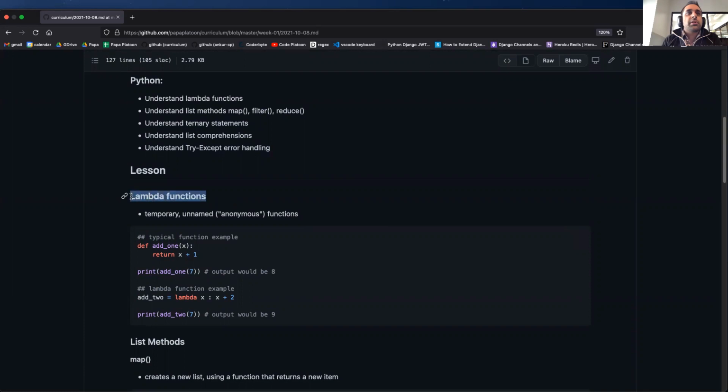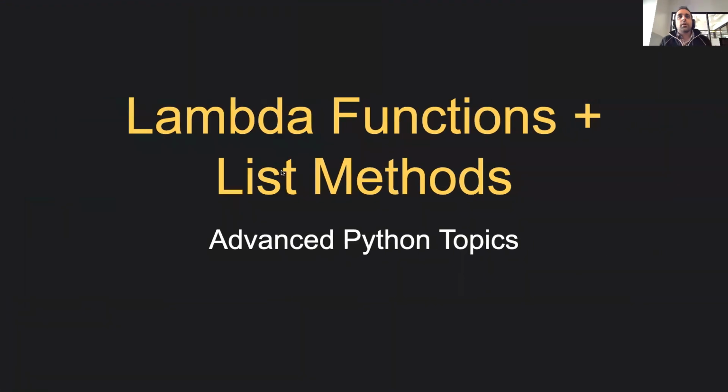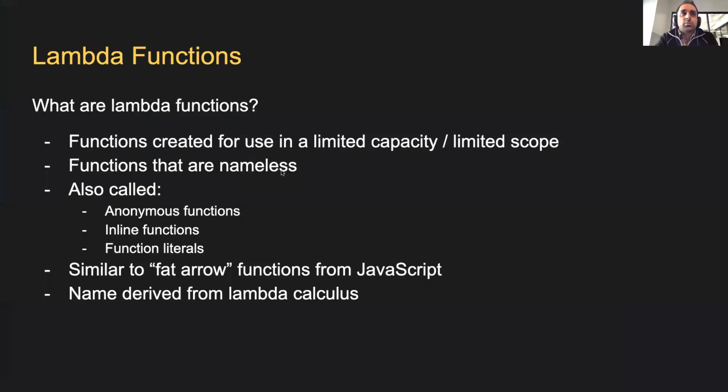So we're going to be talking about Lambda functions first. So this is Python specific. Lambda functions. What are Lambda functions? Lambda functions are essentially fat arrow functions from JavaScript. They're just called Lambda functions in Python. They're created when you want to use a function in a very specific spot in your code, and you don't really want to explicitly create a function